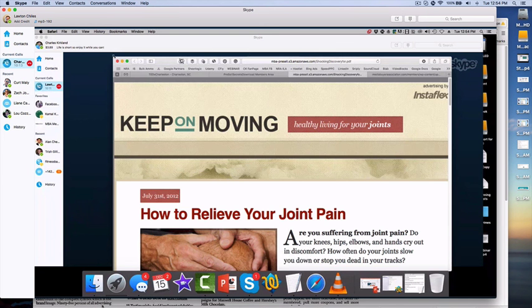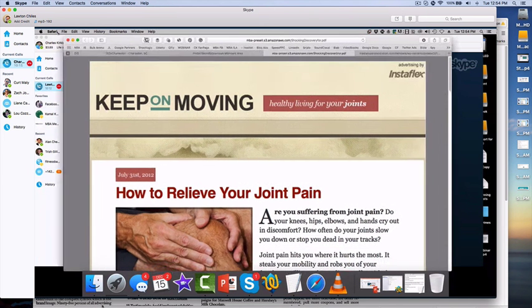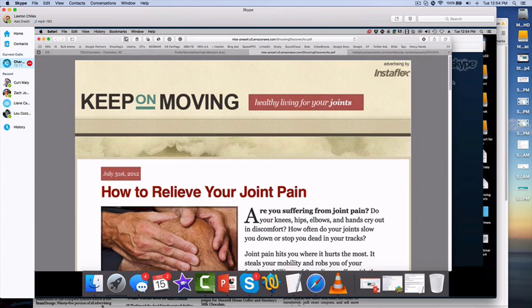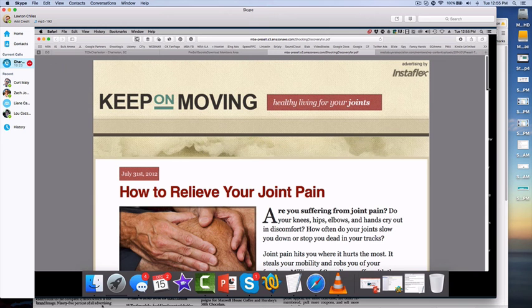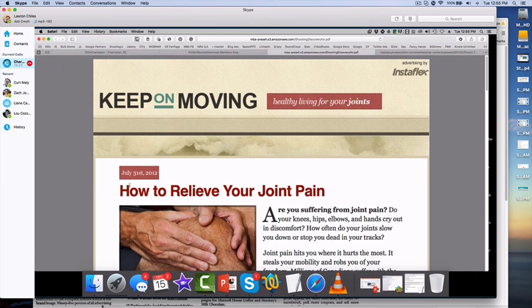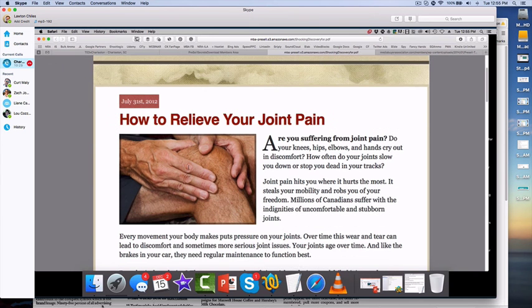I'm going to actually show you a pre-sale page. And can you see my screen okay? Yeah, I can see it. Okay. This is one that has been running very successfully for a number of years. It's for a product called Instaflex. And for those of you who aren't familiar, if you just look at this picture, you would say, okay, it looks like a man, probably, man's got pain. Well, the whole issue here is the pre-sale page is geared toward a male.